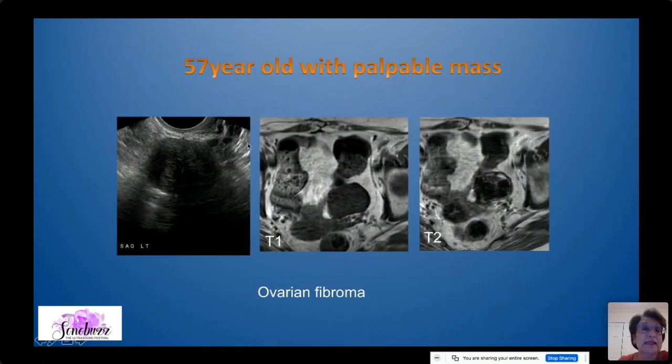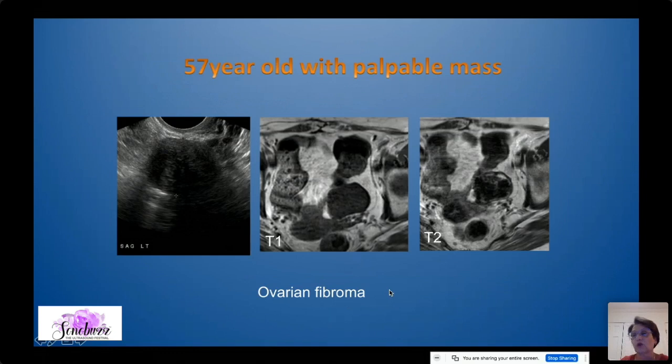This is a 57-year-old woman with a palpable mass, and this is what we see in the left adnexa. Now, if you look at it, it is very hypoechoic, and there is some shadowing, right? So it looks like a fibroid, except it's in the ovary. So there's a very good probability that this could be an ovarian fibroma, which is a benign lesion, but you want to make sure that you confirm it's T1 dark, just like fibroids are. And it's also T2 dark. And so the MR will confirm that this behaves